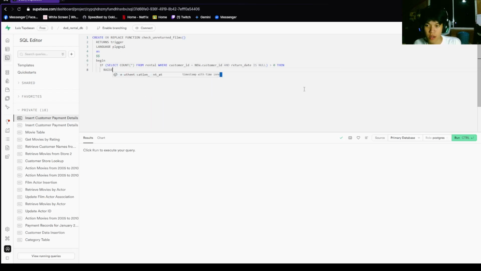So it's going to raise exception, and then so this is the message that the trigger will provide for this if statement.